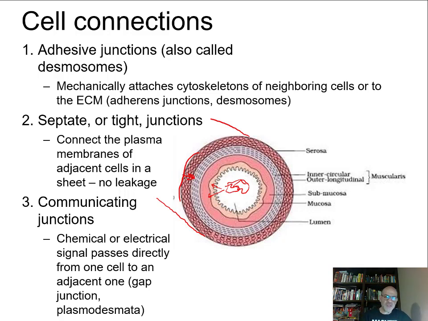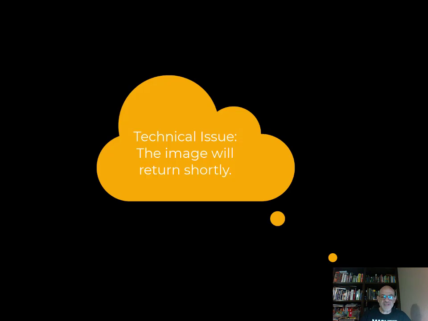Okay. The reason I'm bringing this up is we're going to look at a little cross section right here of that lining. It's called a mucosa in general, but it's made of a tissue called epithelial tissue, and it's that epithelial tissue that is not only helping to digest the food, but also to absorb it and get it to the blood vessels that are deeper within the organ. So let's take a look at the diagram